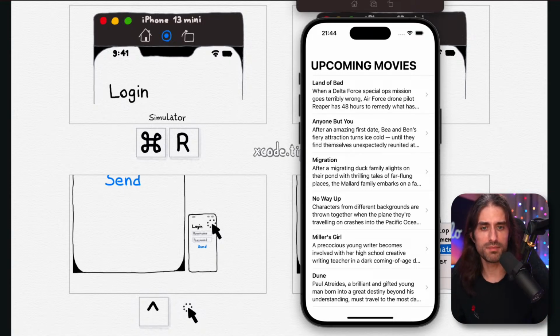And then the GIF can be useful if you want to include it maybe on a web page, in a wiki, maybe in an email. But for the GIF, I would recommend getting the video and then converting it to a GIF with a higher frame rate than the one that Xcode and the simulator will produce, because with a low frame rate GIF, animations don't look good, and it's really not nice.